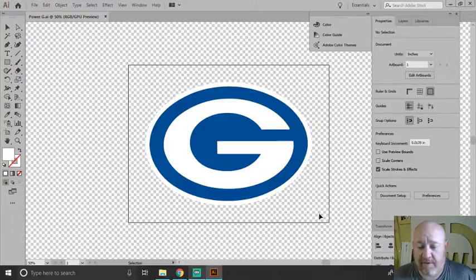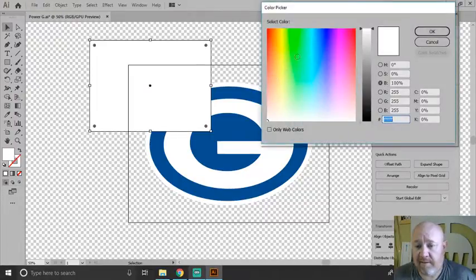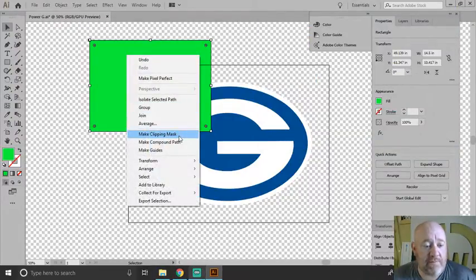So now you can see everything is transparent. But you have to have that turned on in Adobe Illustrator. So what that means is if I export this file, everything outside of this art box, or everything that you're seeing with the checkerboard, will be transparent. And what that means is if I take a square, alright, let's just color this square. Let's just make it green. Alright, now if we move this to the back,